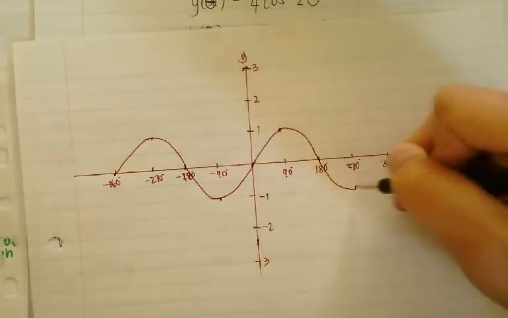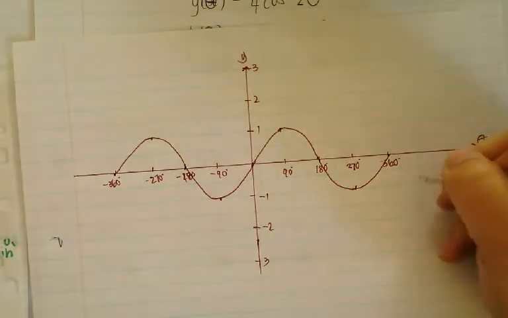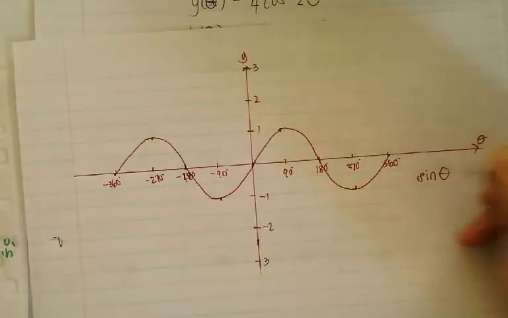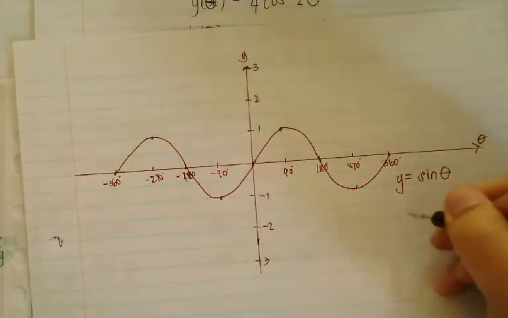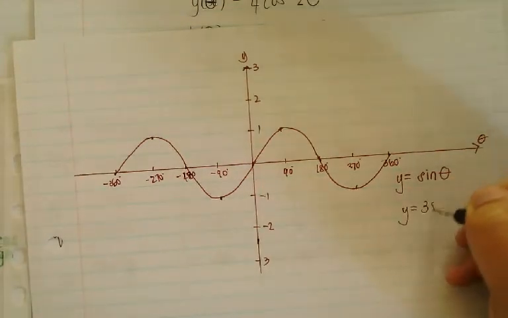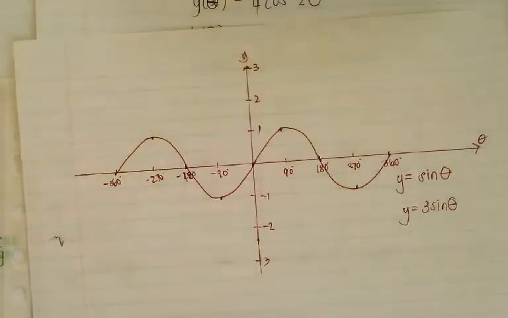So taking a mother sine graph, this is sine theta. I'm now going to take one and call it 3 sine theta. If you put it on your calculator, you would find that you have the following,